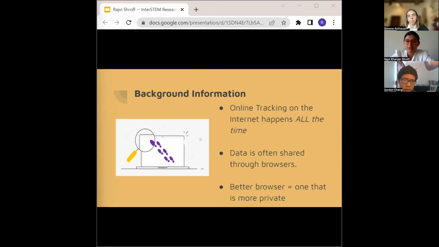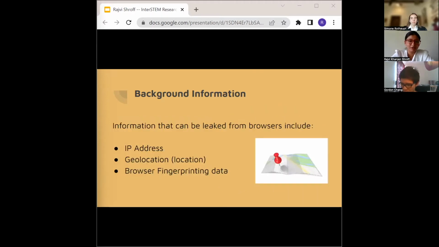Since information about the user's browsing and online activities is often shared, it's hard to overcome this online tracking. From a privacy perspective, this is problematic when you consider that such tracking is also placed on children and minors. So here are some examples of information that can be leaked, including your IP address, geolocation, as well as browser fingerprint information, which includes things like the cookies on your computer. Let's now cover each in more detail.